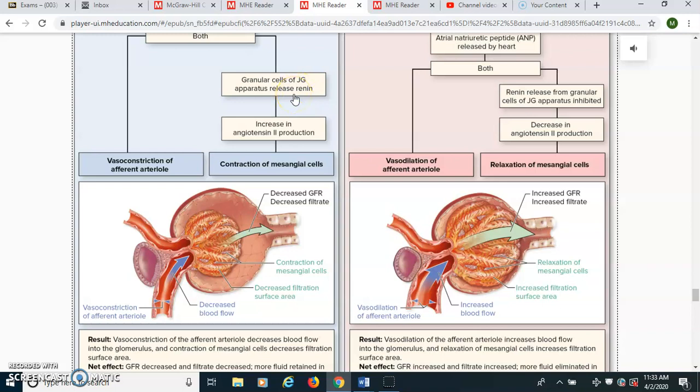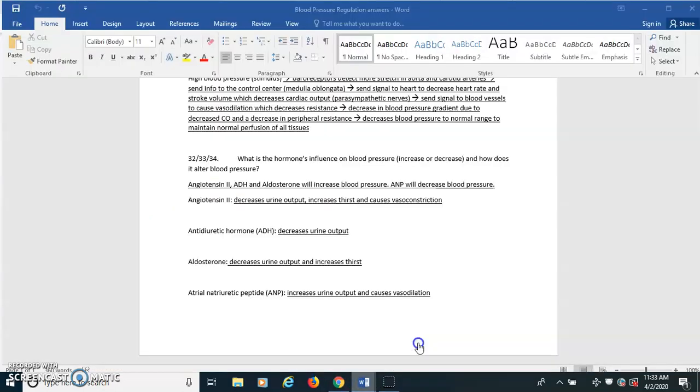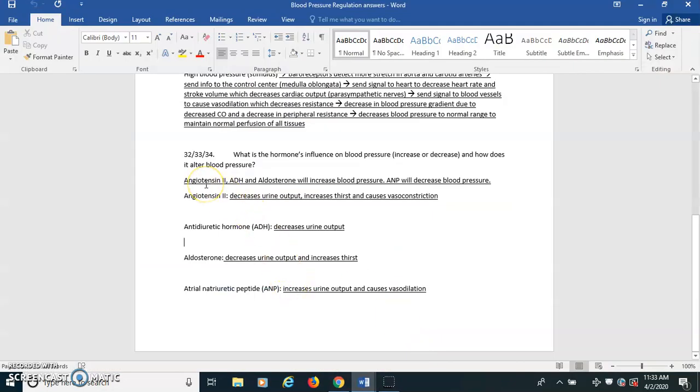That renin goes into the bloodstream and kicks off a chemical reaction that ends in the production of angiotensin II. If you remember, angiotensin II was one of those three hormones we talked about whose role is to increase blood pressure. And of course, if we're having severe hemorrhage, we'd want to do that. So how angiotensin II does that